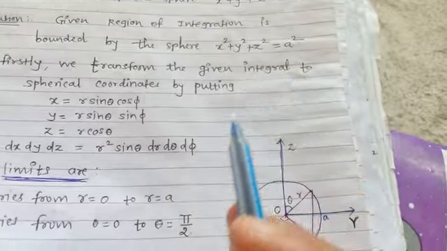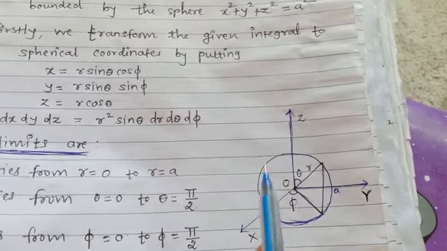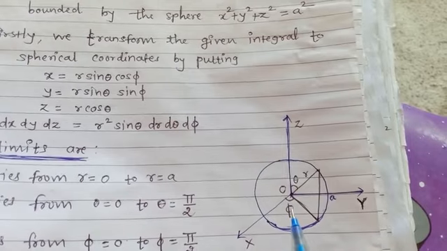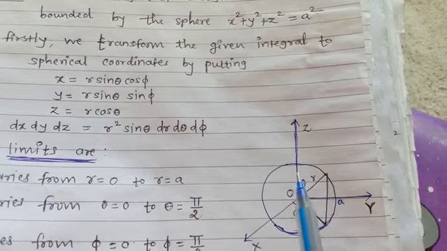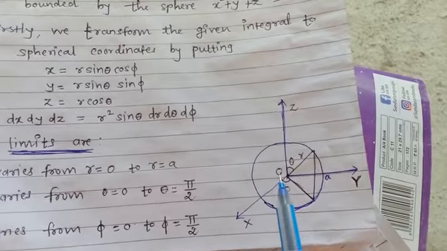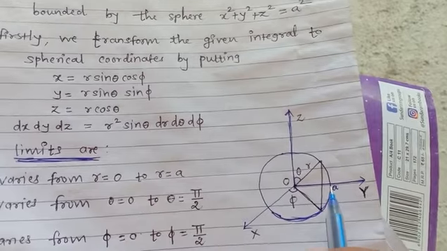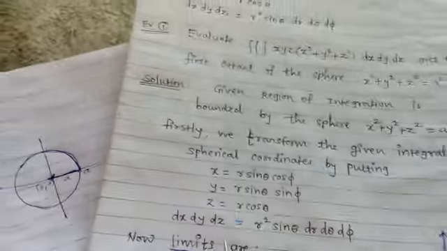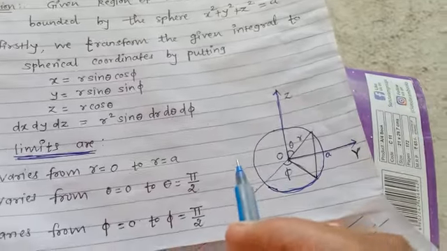Here I have drawn the sphere in the three-dimensional system. This is the sphere having radius a, and theta and phi are the angles in the first octant, and this is the three-dimensional system. We have to visualize how these angles are. Now our radius of this sphere starts from the origin and ends at a. Therefore r varies from r equals 0 to r equals a, similar to our 2D system. Similarly, now we can vary theta and phi, that is, the angles.